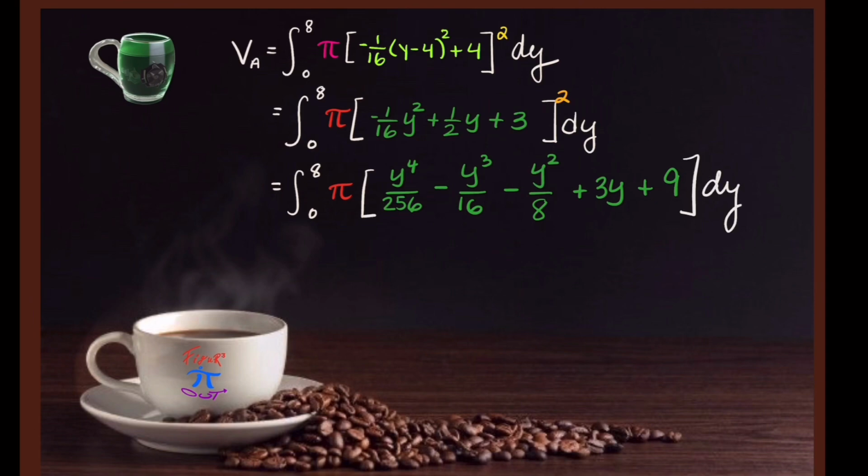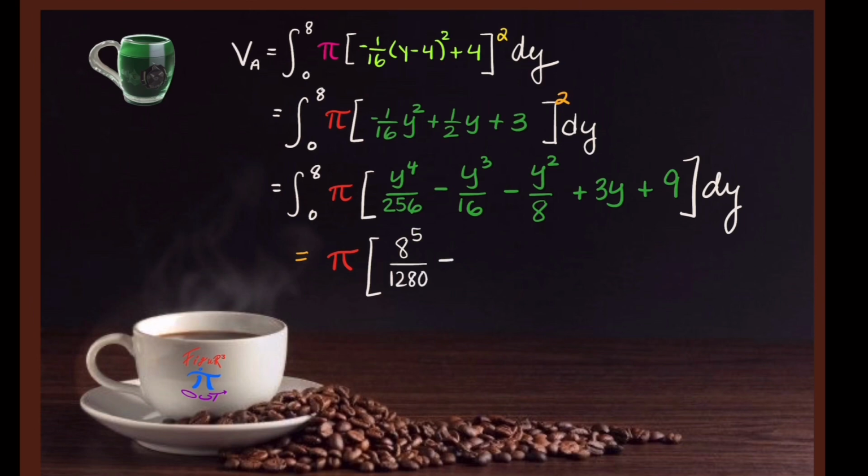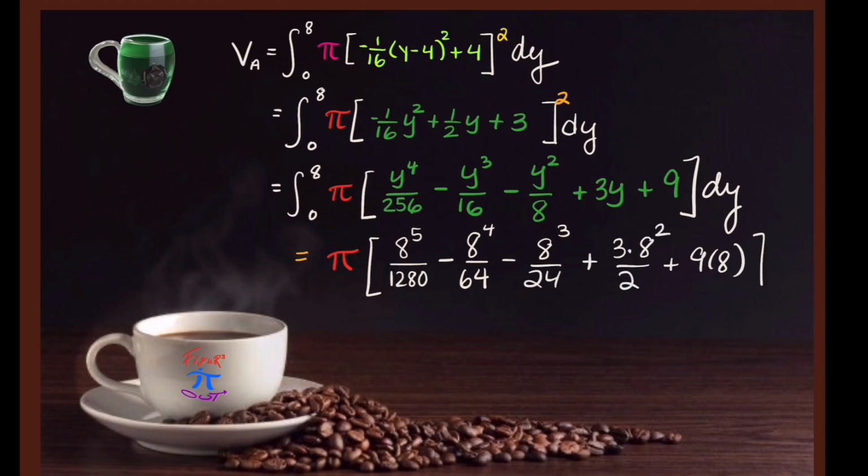and then of course when we integrate and put the limits of integration, when we put 0 in, the whole thing will go to 0, and then once we put 8 in, this is the expanded answer that we will get and have to evaluate. Taking this answer and multiplying through by pi, we get